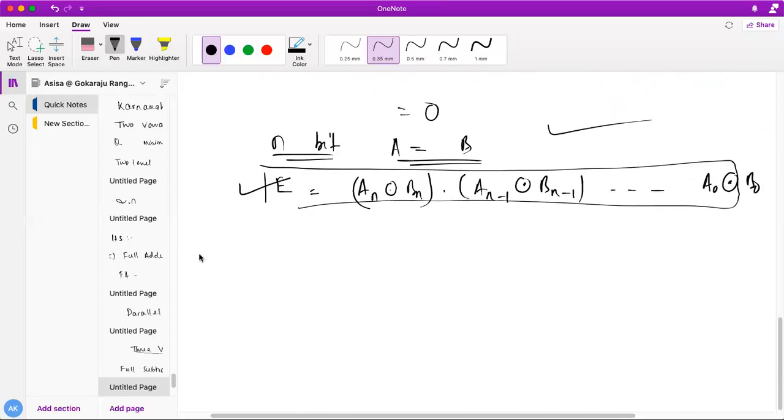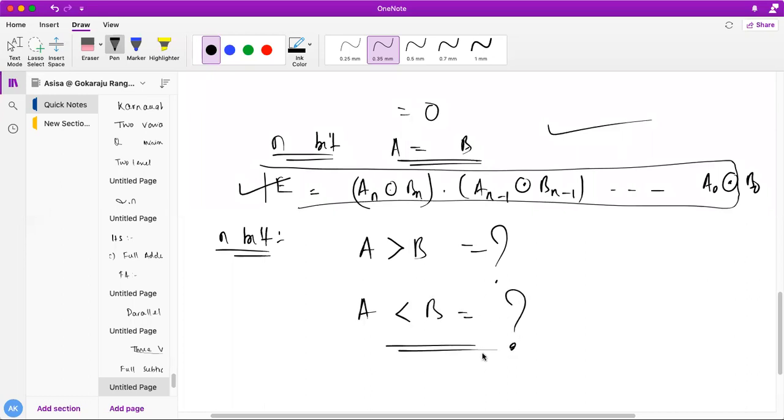Now your job is to find the generalized formula like this. For n bits, you have to find out the generalized formula for A greater than B, and A less than B. Okay, students. If you cannot do it, I'll do it in the next class, don't worry. So this is the thing from the comparator circuit. You need to find out this generalized formula, like the way I have done for A equal to B. Similarly, you can find A greater than B and A less than B, and then you can design the circuits.